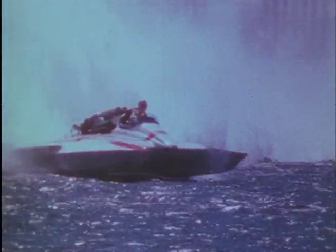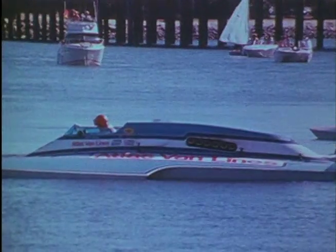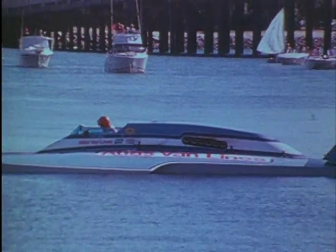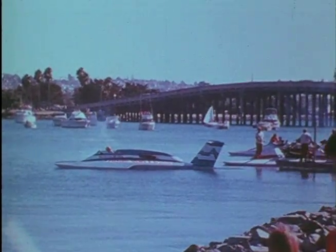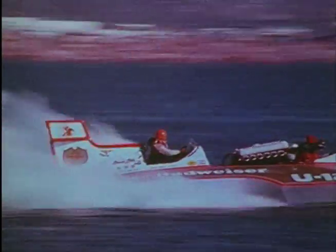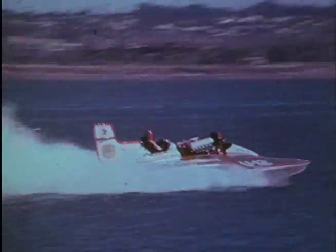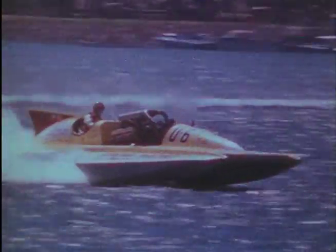These hydroplanes are the largest machines built solely for racing. Racing these monsters is the most unlimited form of racing in the world. There are no restrictions on the size or number of engines. The hull must be at least 28 feet long and weigh 4,000 pounds. Other than that, they have to meet rigorous safety and technical inspections. Before a boat can compete, it has to qualify by making one lap faster than the speed set for that particular course. Today's hydroplanes are capable of speeds of up to 200 miles an hour, and the oval racing record